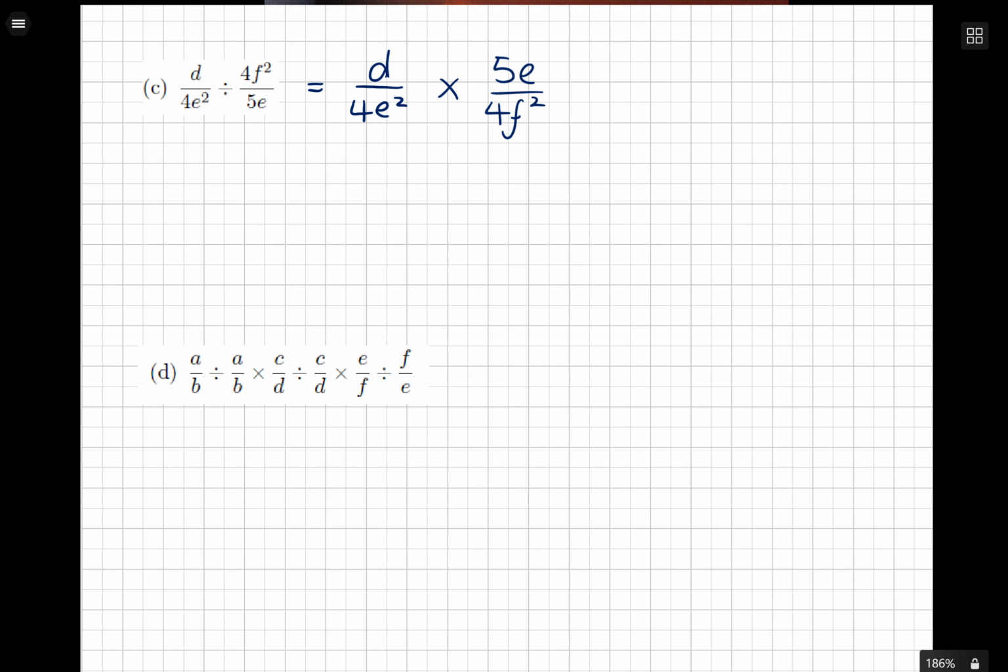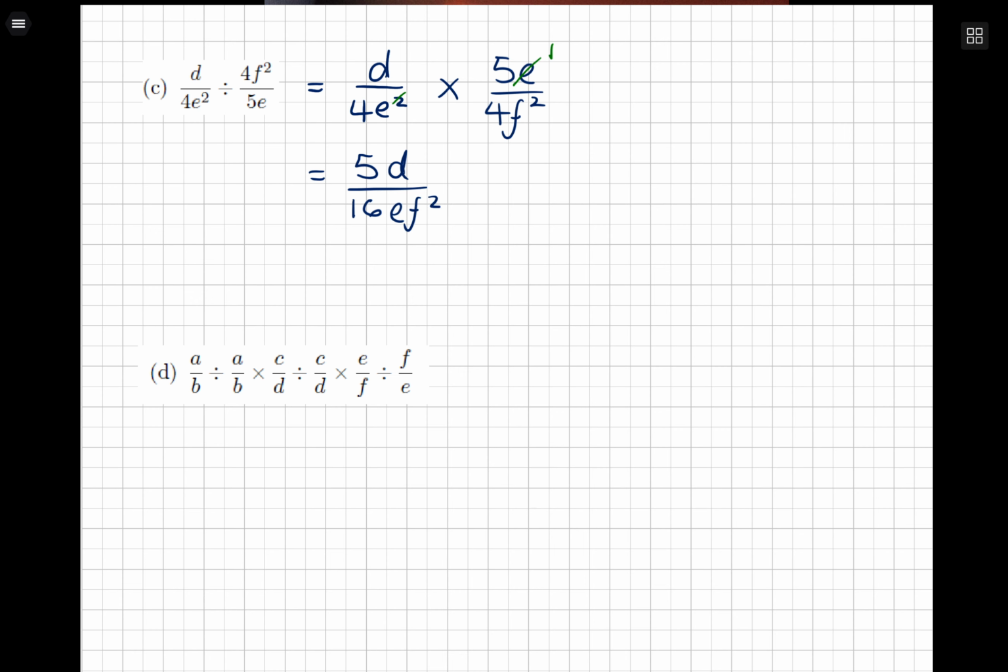All right, let's look for some cancelling. So the d, there's nothing else that can go with the d. The 5, no, but the e goes into e once, and into the e squared it goes e times. And that's all of the common factors, so let's go through and clean it up. On the top, there's just a 5 times 1, which is 5. Then we've got our d, and on the bottom 4 times 4 is 16, and e times f squared, it's just e